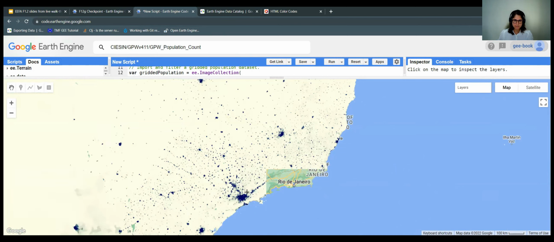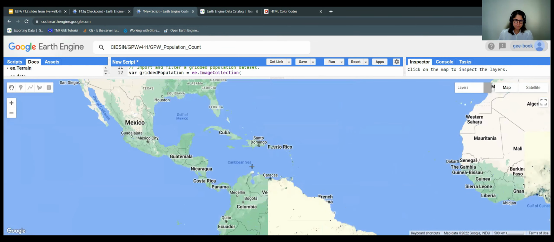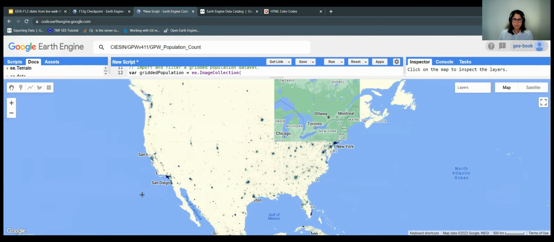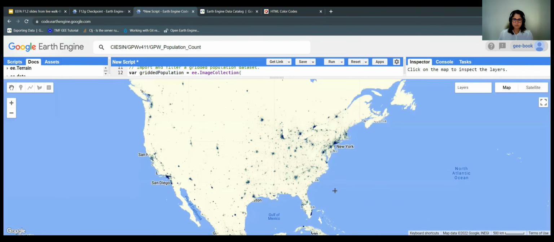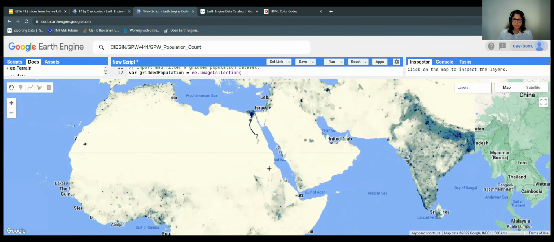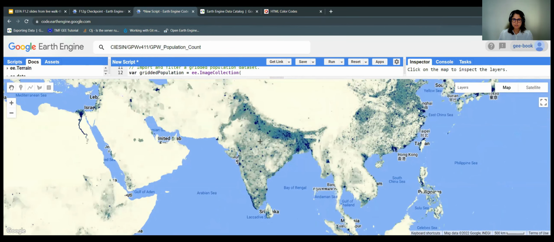You can see it's this dark color. Rio de Janeiro is also dark. We can see here in the United States, major cities, New York, San Diego. All these cities are blue because we have high population count. You can go to India, and it will be very dark compared to other countries because we have